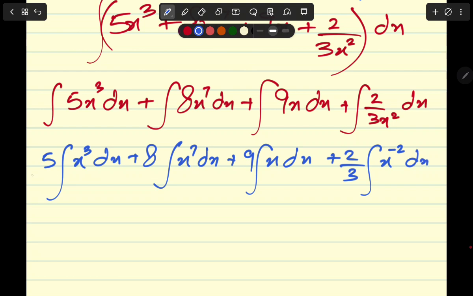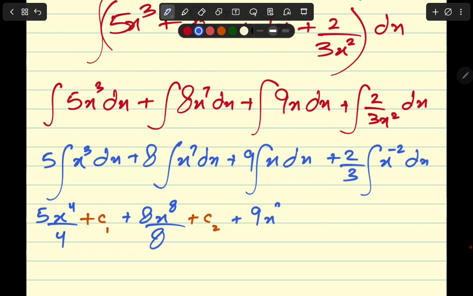Now, when you integrate it, this becomes 5x to the power of 3 becomes x^4 upon 4, and leave a small plus c here, and let's say c1. Then here it is going to be 8x^8 upon 8, and then I am going to put another c, which is c2, plus 9x^2 over 2, and I'm going to put another c,